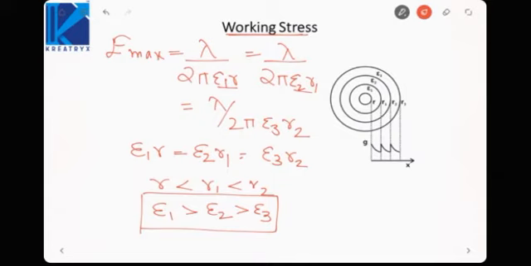Now if you see the graph plotted here, Emax is the same for all three materials. That is the criterion I am using. So the difference between Emax and Emin is this much. If there was only a single dielectric, the graph would go something like this, and the difference would have been higher. So due to using more dielectrics, the ripple in the electric field, or the difference between minimum and maximum electric field, would be low. That is why we use multiple dielectrics instead of a single dielectric. That is called grading of the cable.